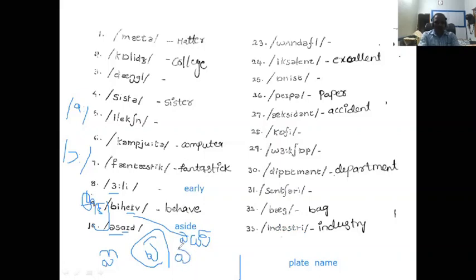If the word begins with this A sound, it has to be pronounced as the schwa sound. It is aside, not aside. Then this one is,